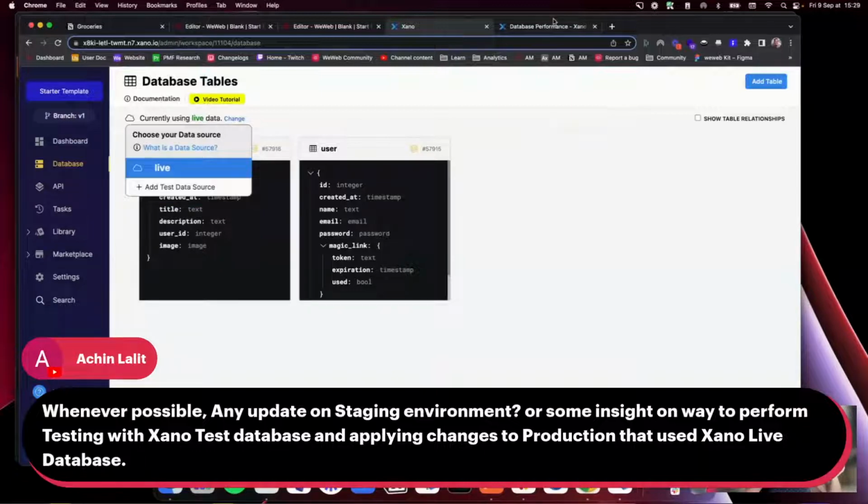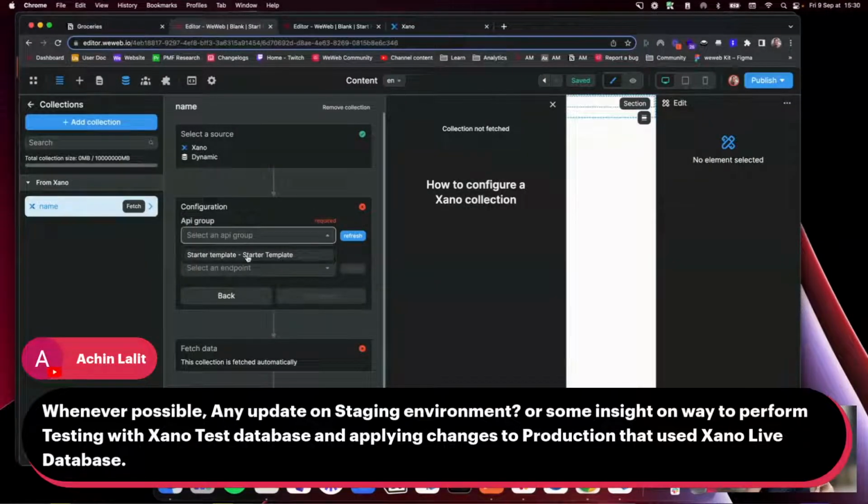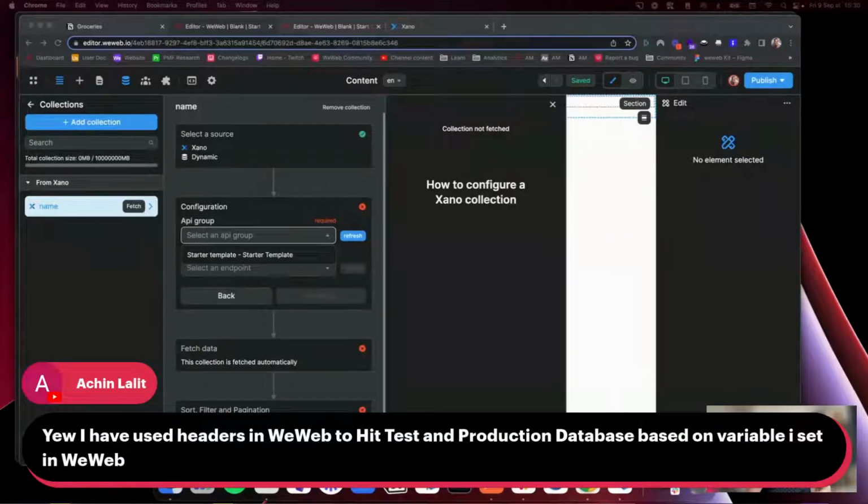But I'm wondering, so if you add a test data source, I'm assuming that then in WeWeb you would be able to access the API group. You might have an API group specific to the test data. I would imagine that's the way you would go for it. Okay, so you use headers in WeWeb to hit tests in the production database. Ah, cool. Nice. Okay. So does that mean that you use the REST API plugin instead of the native